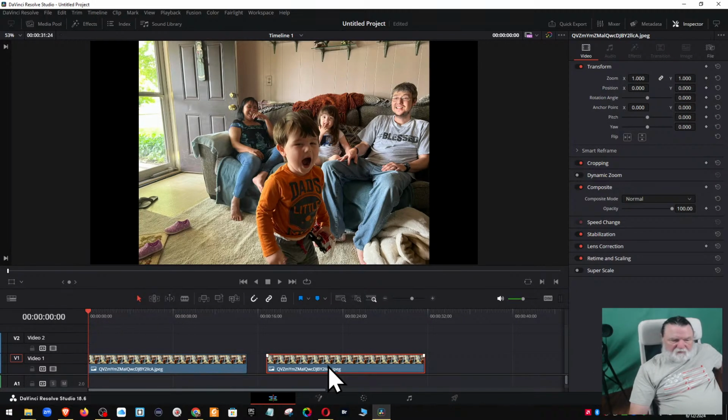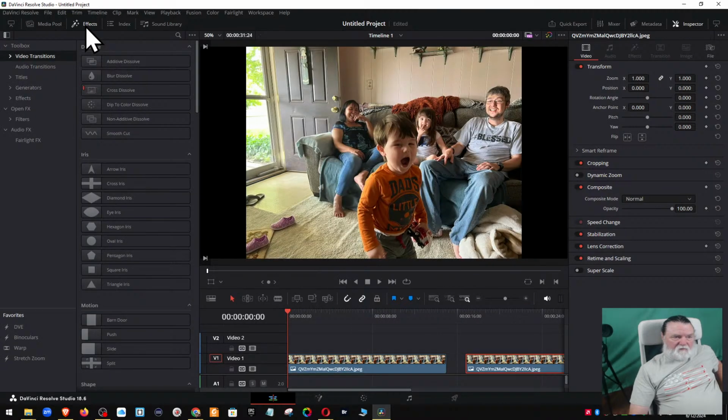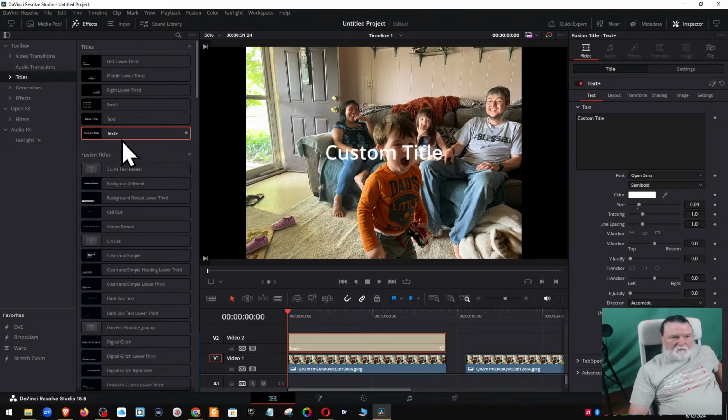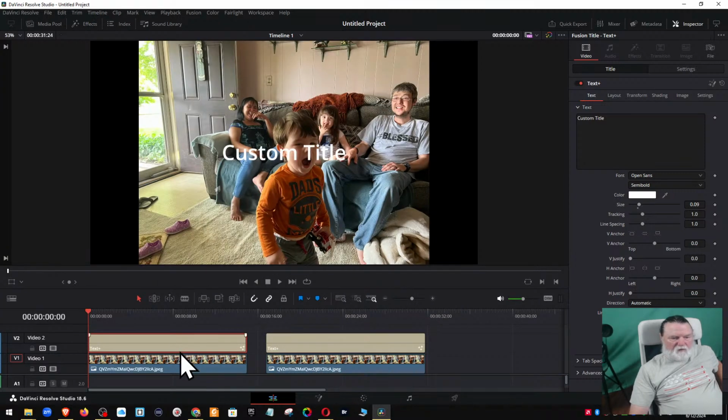So I've got him up here twice, and I'm going to call this one. I'm going to go into titles, and I'm going to grab a text title and put it right there. And I'll drag another text title and put it right there. I could have done that a different way. I could have pressed Alt and drag it over there. It's the same thing. So this one, we're going to call this one